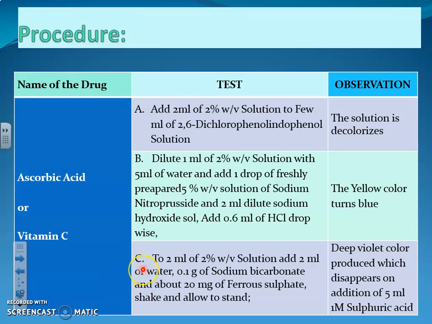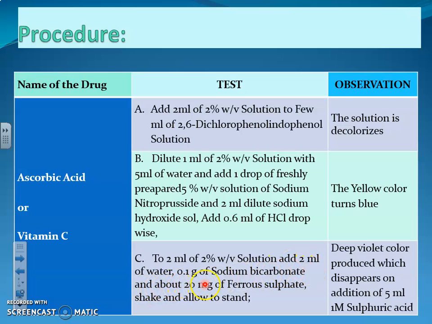And the last test, test C, uses 2 ml of 2% solution of the drug. And how do we prepare a 2% solution of a drug? Depending on the volume of solution, suppose we have to prepare 100 ml, then we have to take 2 gram of drug. Accordingly, if you want to prepare 10 ml of 2% drug solution, we take 0.2 gram of drug, weigh it and prepare its solution, and to this we add 2